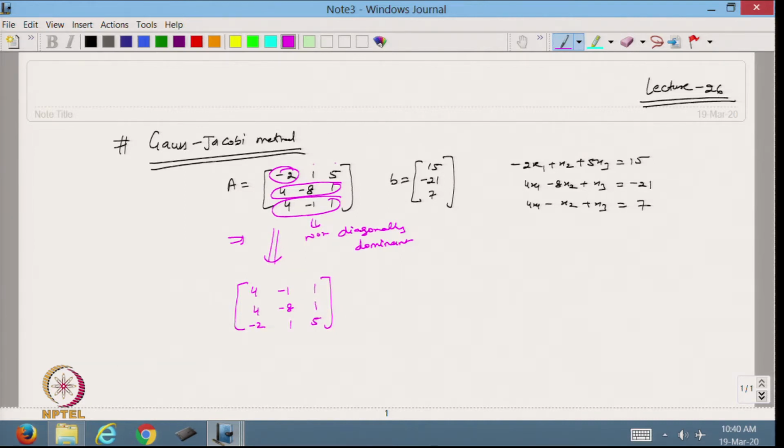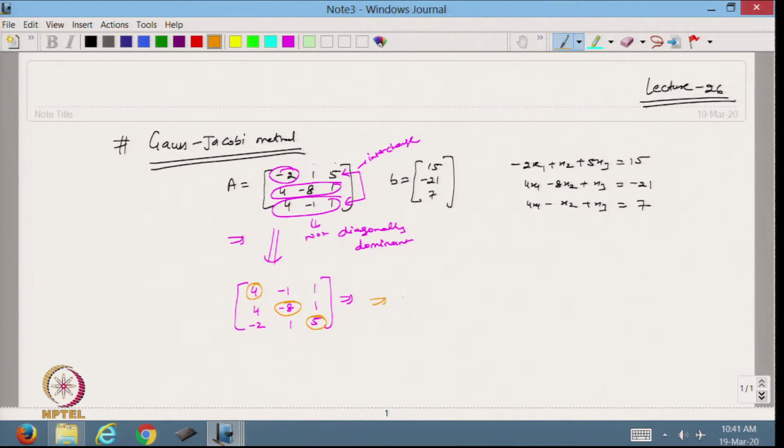So I have interchanged the first and this row. Now if I check, I can see that 4 is greater than the sum of these, 8 is also greater than this number, and 5 is also greater than this number.